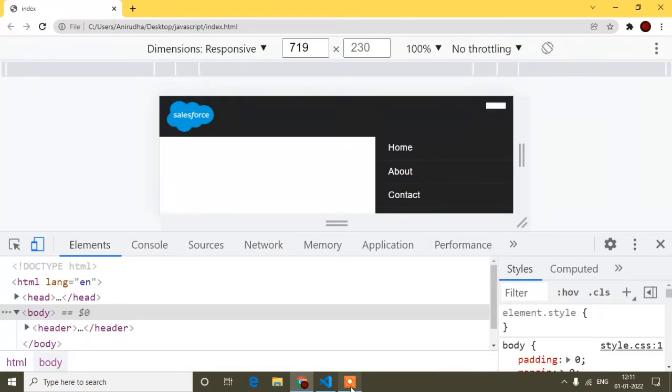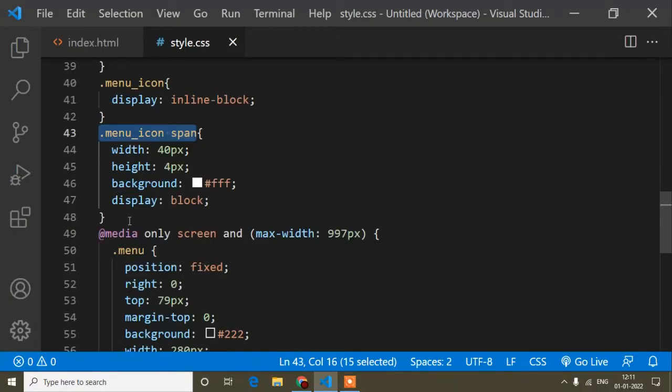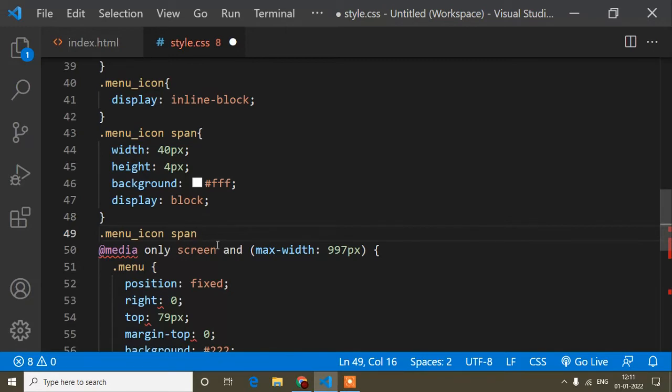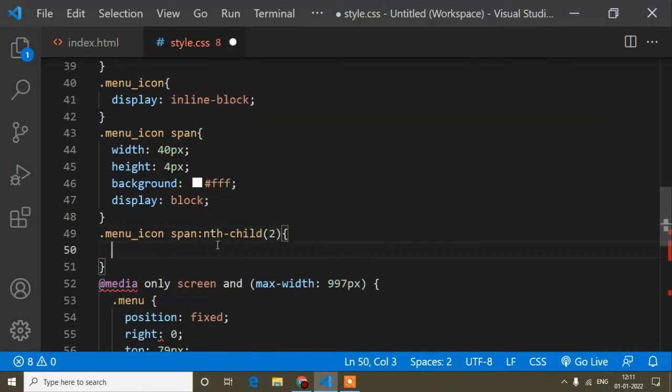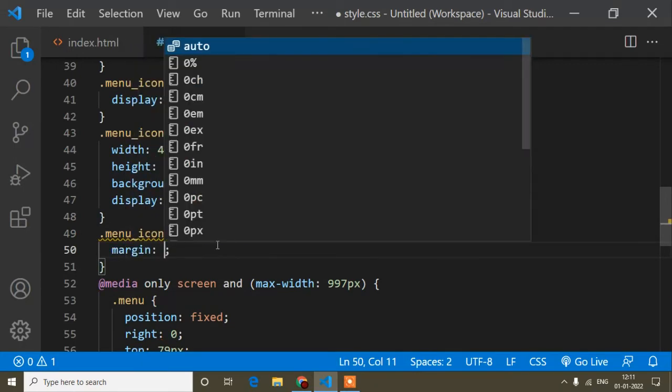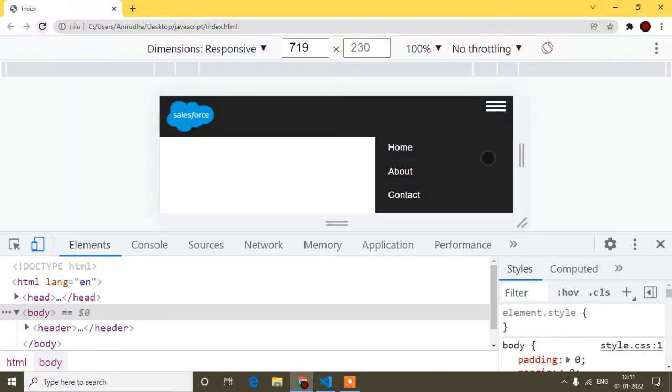Okay, so now I will do one thing, I will copy this menu, span tag nth-child 2. Here I will write margin 4 pixel from top and bottom, and left and right is 0. So let's see how it looks. You can see it's looking like this.